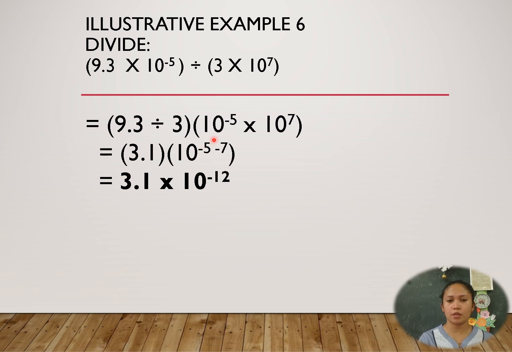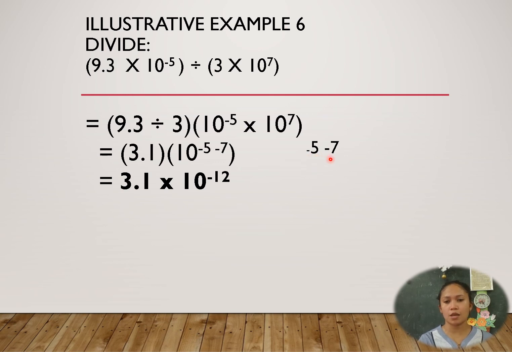For this part here, 10 to the power of negative 5 divided by 10 to the power of 7, we will apply the quotient of a power. So that is 10, copy the common bases, so 10, and then subtract the exponents, so that is negative 5 minus 7, and then simplifying 3.1 times 10 to the power of negative 12. Why is it equal to negative 12? Because when we subtract